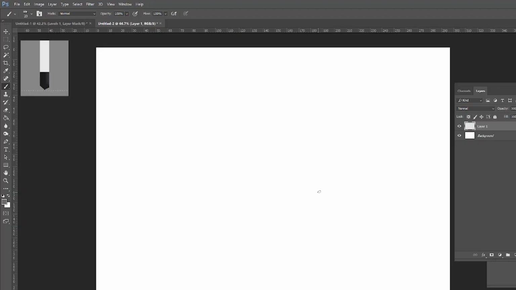Obviously I've already mentioned that I'm going to be drawing the word Dansky. You can draw whatever you like, but the first thing I do at the start of every project is just write down what I'm going to draw. So I'll just write down Dansky. And for those of you who are curious, I'm just using an A4 landscape document at the moment, and I'm just using a default brush that comes with Photoshop, which is called a 2B pencil,